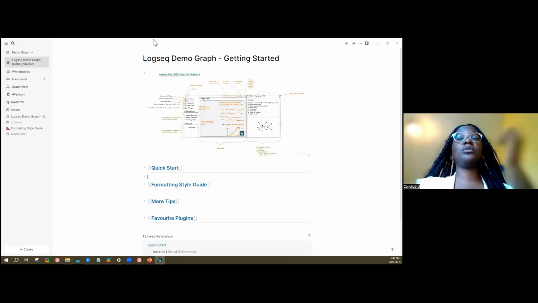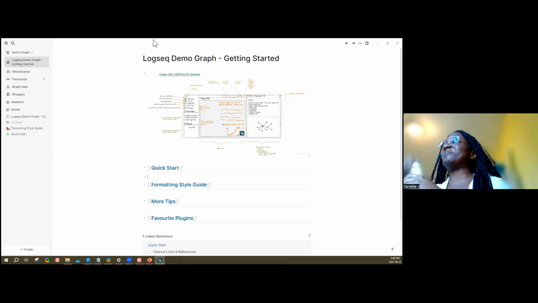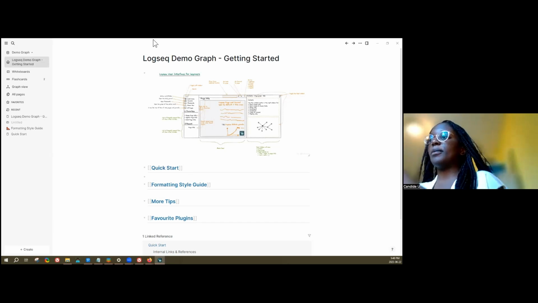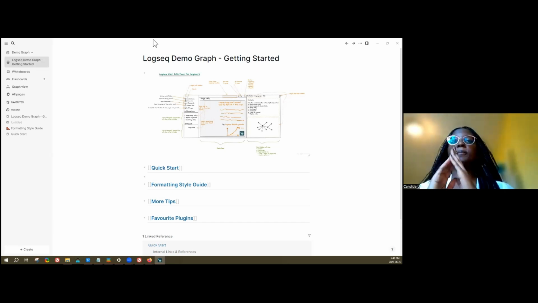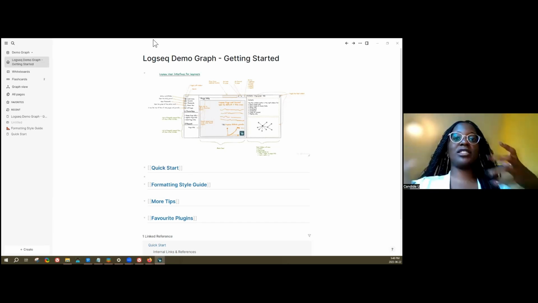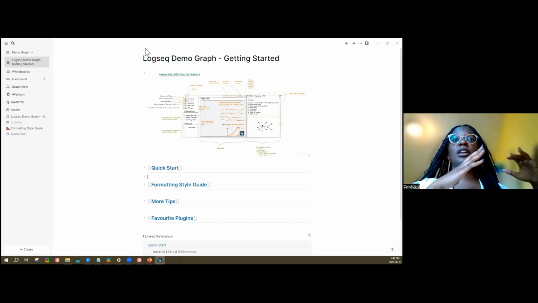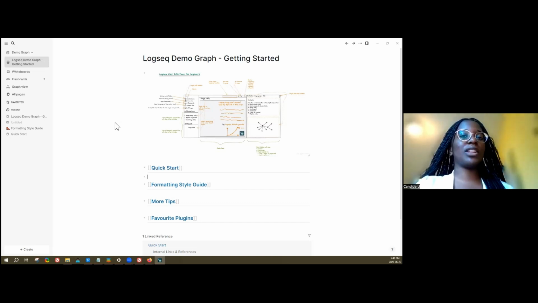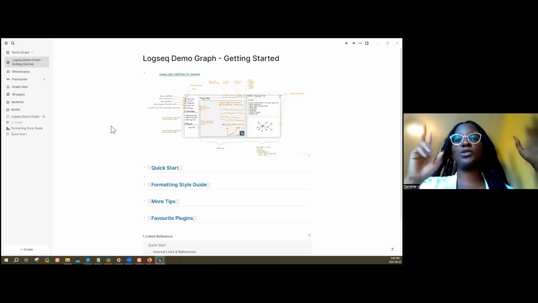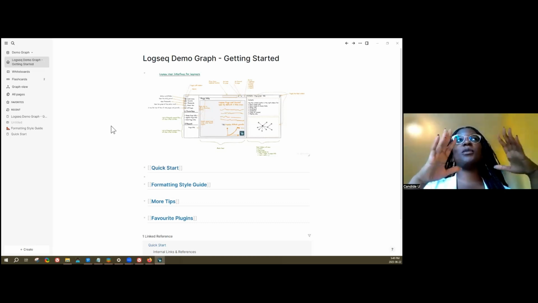What I had to do for my project is set a time where people could contribute and add to the database. I had to use a separate app to collect things because this doesn't allow for real-time collaboration as of yet. It's like personal knowledge management, so it's really made for one person or one user to use at a time.